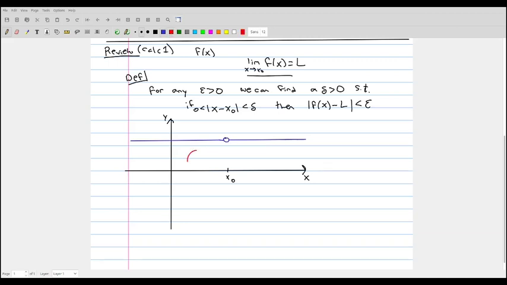If this is our function right here, and this value L is the limit value of the function, it's saying that no matter how close you get to this limit value, so this is L right here,